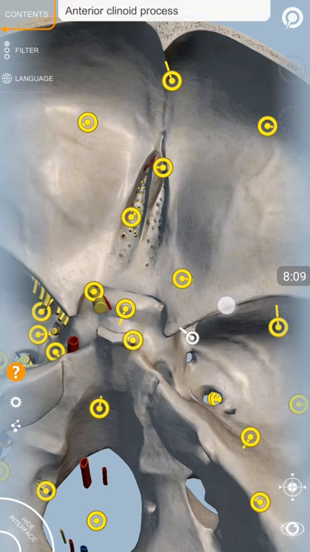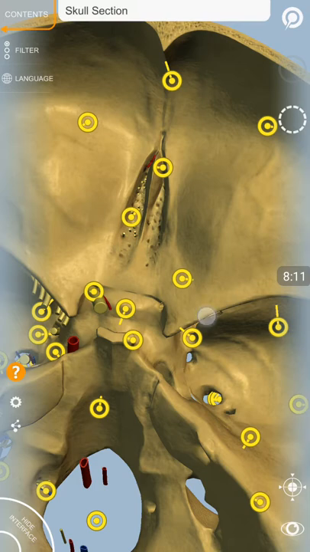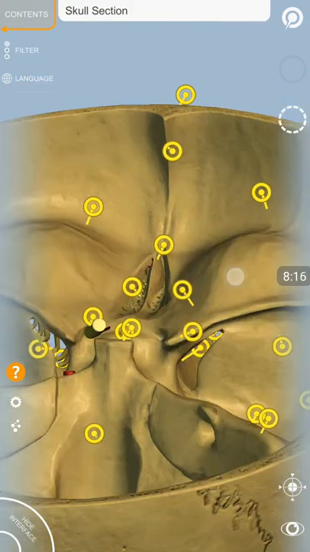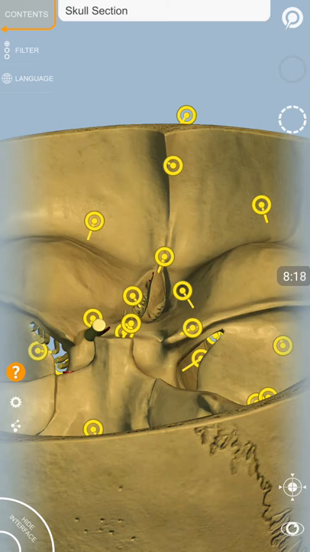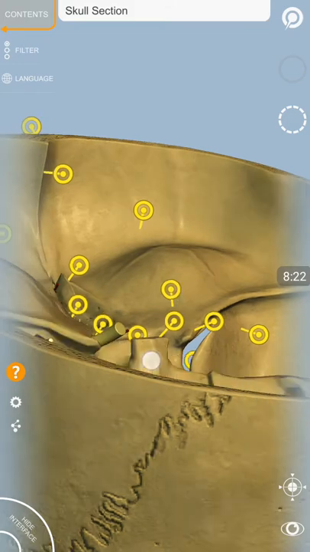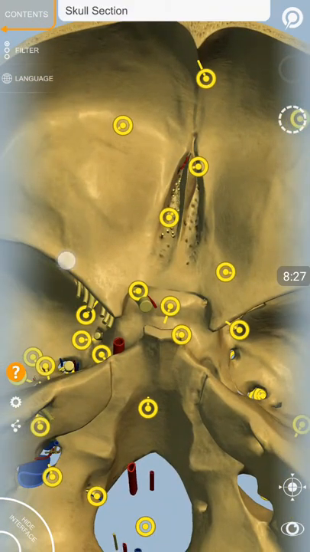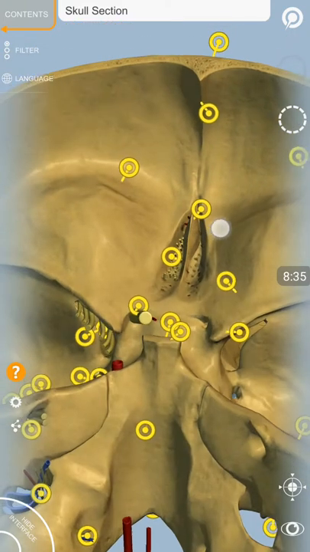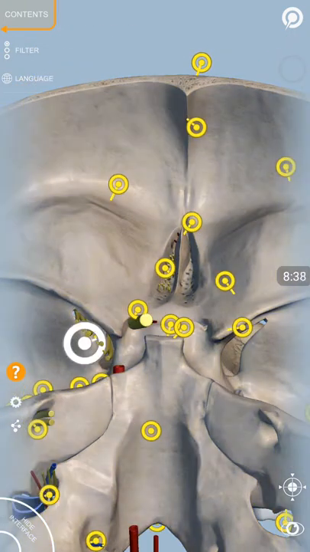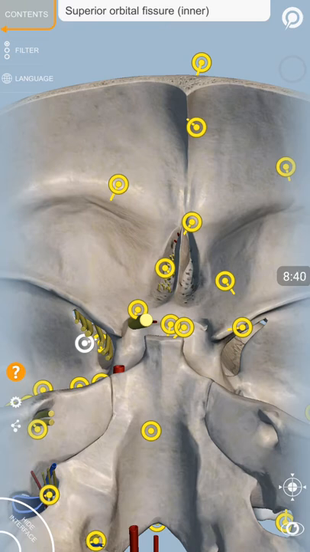It is bounded posteriorly by the lesser wing of the sphenoid, and here comes the greater wing of the sphenoid bone on either side. So again, this is the greater wing of the sphenoid, this is the lesser wing of the sphenoid. So this was a bit about the anterior cranial fossa, and here you can see the superior orbital